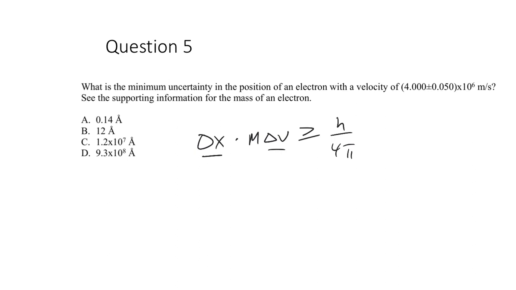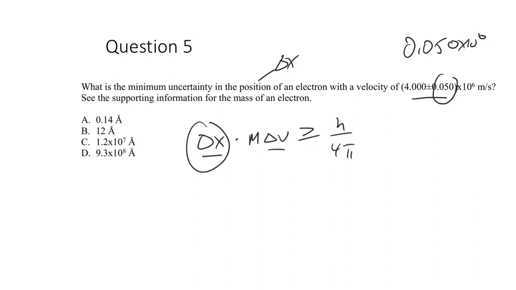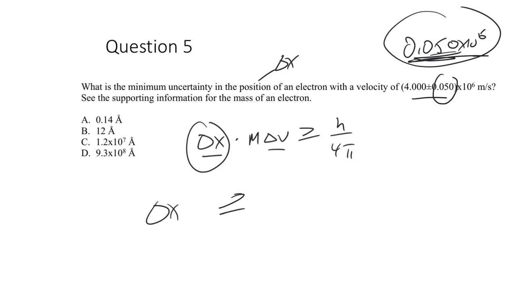And so now the way this problem would work here, the minimum possible uncertainty in the position, that's delta x. And then the electron with this velocity, it's the uncertainty. It's how certain we are in the velocity. So it's the 0.050 times 10 to the 6 value that comes into play with the uncertainty principle. So we would take our delta x greater than or equal to h divided by 4 pi m delta v,